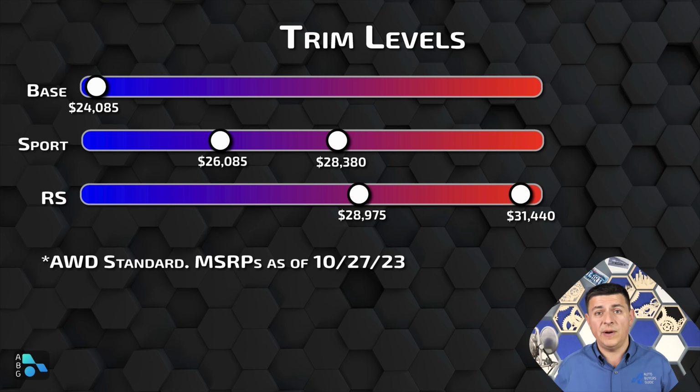It has a practical cargo area in the back. It has a ton of active safety tech on it. If you want a moonroof or blind spot monitoring, you can add them to the Sport trim. That's going to be an extra $1,900. The blind spot monitoring becomes standard on the RS. The RS is also a pretty big jump, up to nearly $29,000,